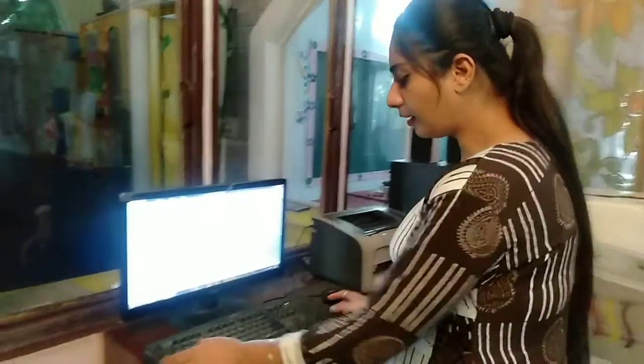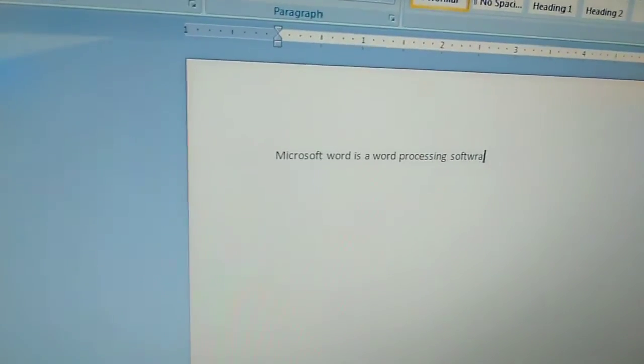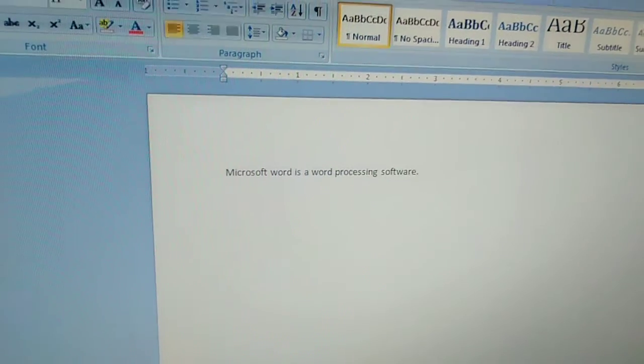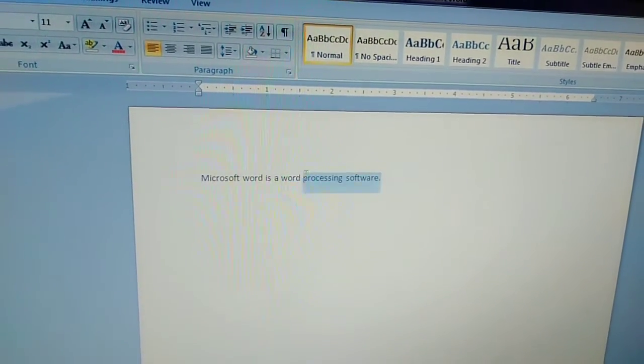Just see, now I am typing here. Microsoft Word is a word processing software. See, for performing any kind of action, we have to select the text.